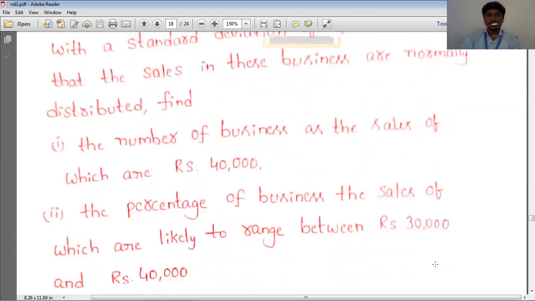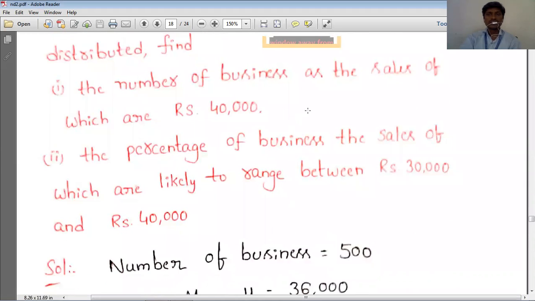First, find the number of businesses whose sales are 40,000 rupees. So how many businesses are getting 40,000 rupees? Actually they said 36,000, but here they are asking 40,000. It means more than or less than. So more than 36,000. For that we simply need to calculate P of X greater